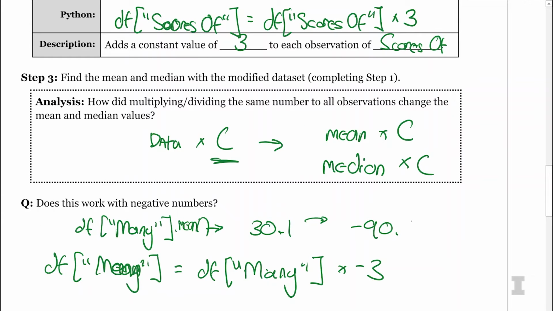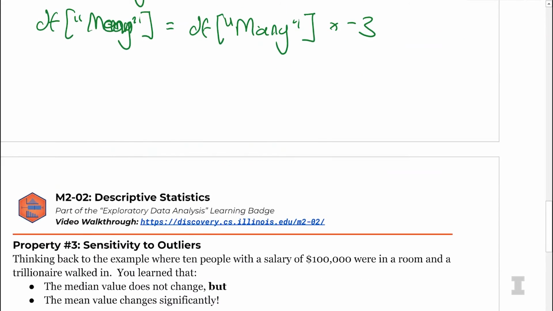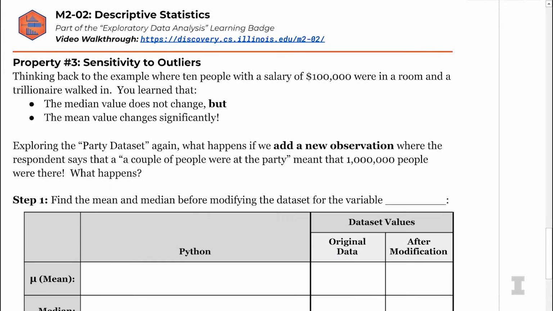90.26, which I'm going to round to 90.3. And so 30.1 times -3 is indeed 90.3. So it does work for negative numbers as well. There's one final property we want to go through, and that is how sensitive these numbers are to